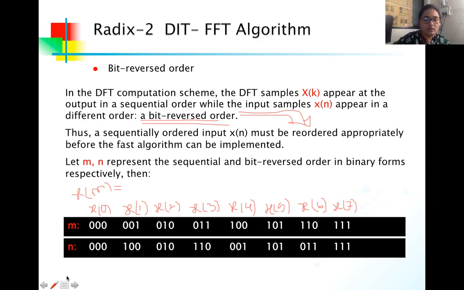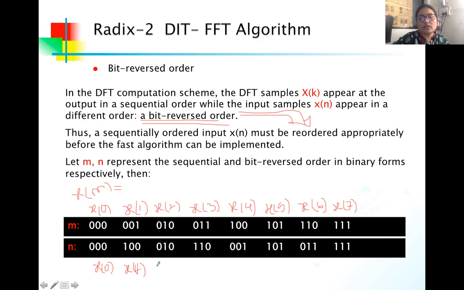Bit reversal means the order has been changed now. The zeroth value will be as it is, though the position has been changed. At this point, x0 is going to occupy this position. Then x4, though it is the x1 value, now this position is occupying the x4 value. So here this is going to be x1. The order is now shuffled.